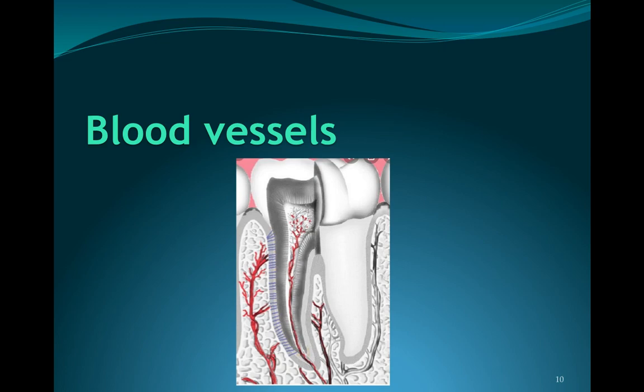Blood vessels. The walls of pulpal vessels are very thin as the pulp is protected by a hard unyielding sheath of dentin. One or more small arterioles enter the pulp via the apical foramen and ascend through the radicular pulp of the root canal. Once they reach the pulp chamber in the crown, they branch out peripherally to form a dense capillary